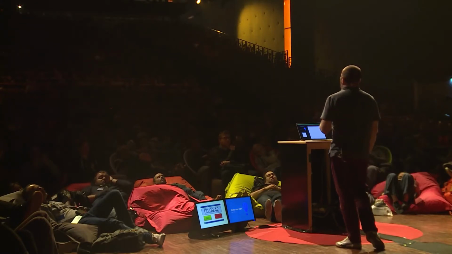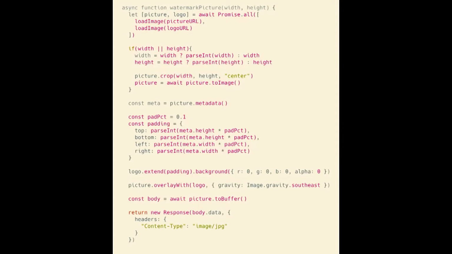They want to write unit tests. They want to do continuous integration. They want to do all of these things that you wouldn't necessarily be able to do in something like our UI that I really liked but wasn't really useful for them. So that was cool. We gave developers a way to do this. We gave them an open source runtime they could run locally. Got a lot of traffic. And then they started building these really cool things. This is just a block of code, and what this is doing is someone has basically made our CDN watermark their images.